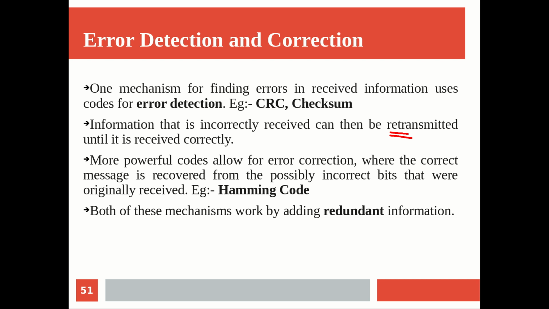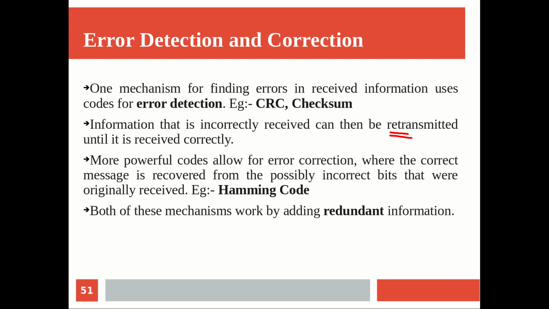Hope you remember the method. We have the so-called CRC polynomial. With that we divide the message, the XOR division, and at the end we get some remainder, and that we append to the original message, and it is sent to the receiver. The receiver can do the same division, and if the remainder is found to be 0, there is no error.